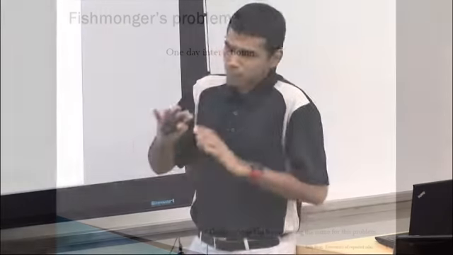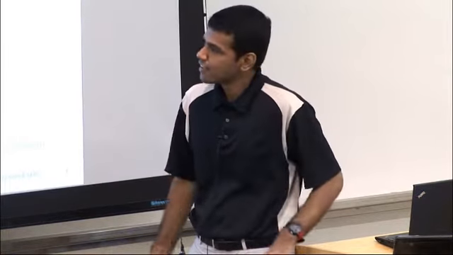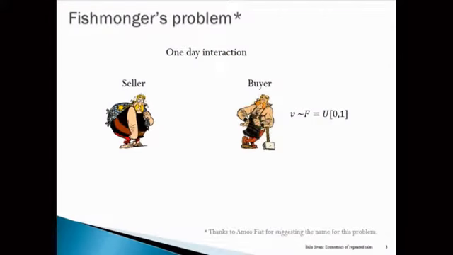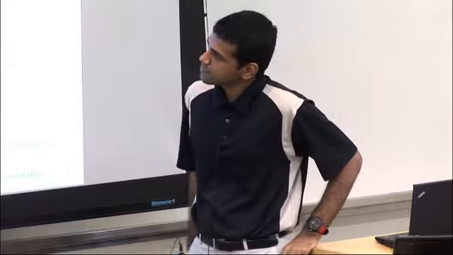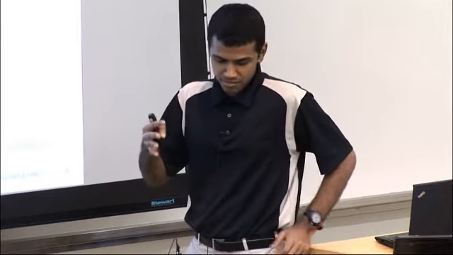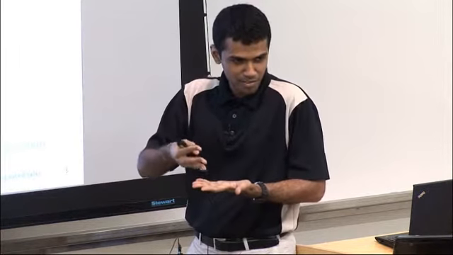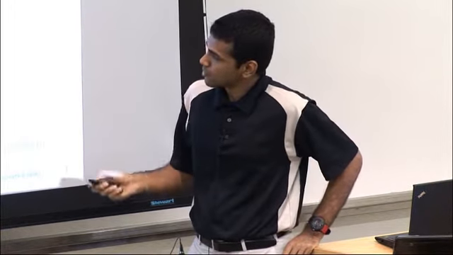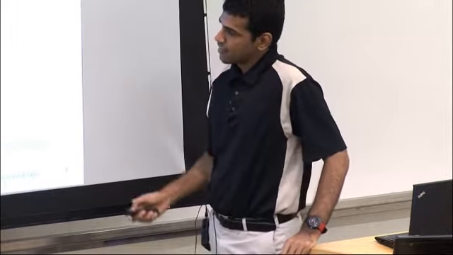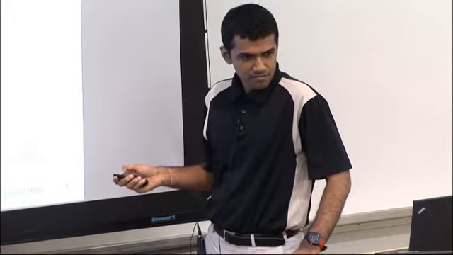So let's look at the most basic fishmonger's problem, one-day interaction. You have a seller and a buyer. The buyer's value is private, he knows it, but for the seller it's drawn from this distribution. Now you have to post some price. Clearly if the seller posts a price P, the buyer will accept it if and only if his value is above the price. So the seller is maximizing the quantity price times the probability that the value exceeds the price, which for the uniform distribution is clearly a price of half, and whether the buyer accepts or rejects, he'll get a revenue of exactly a quarter.